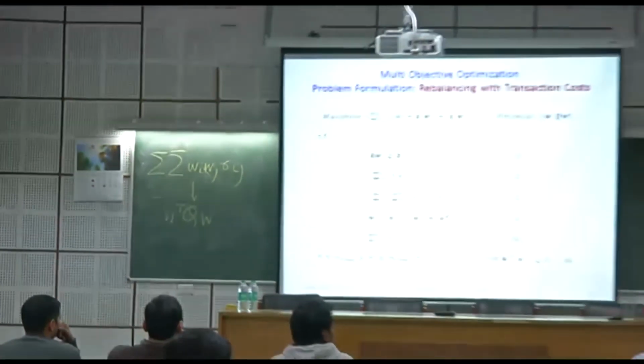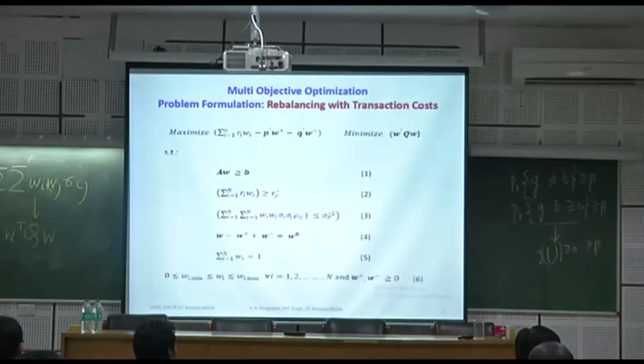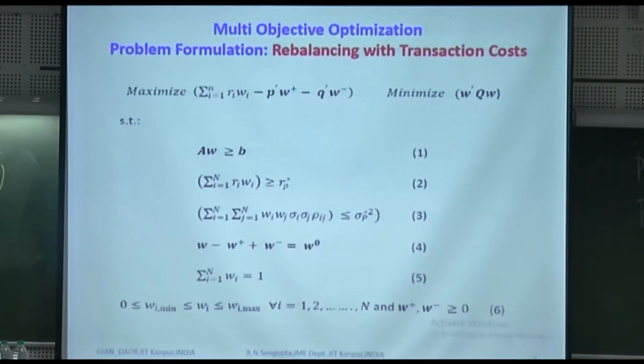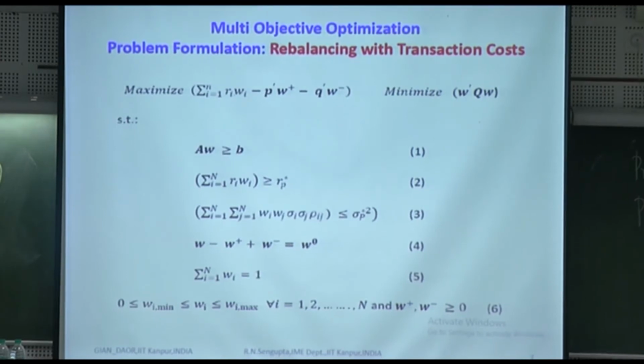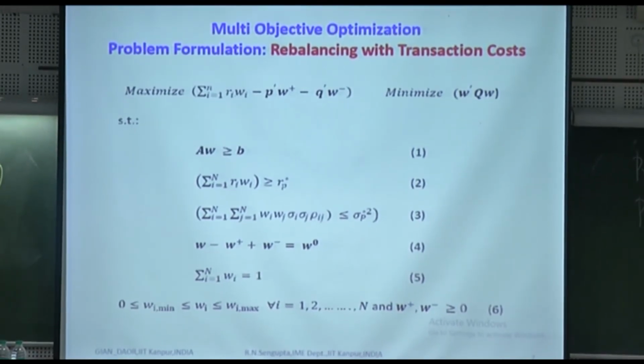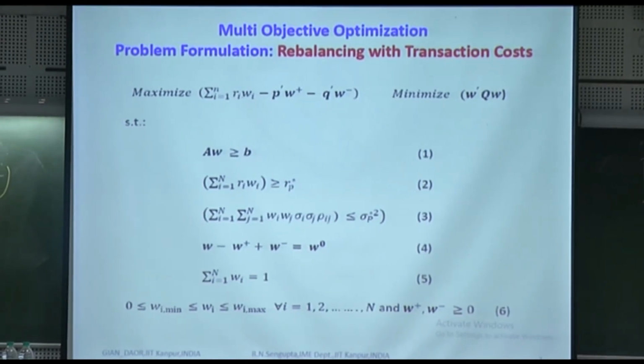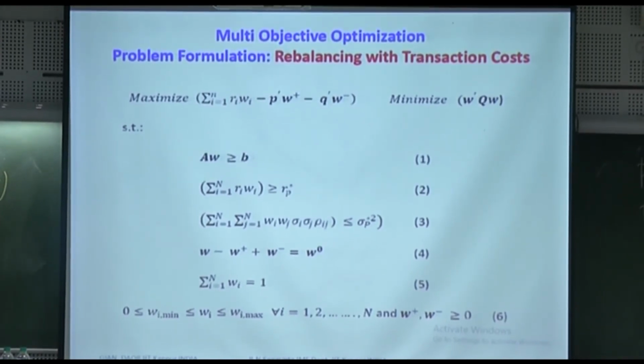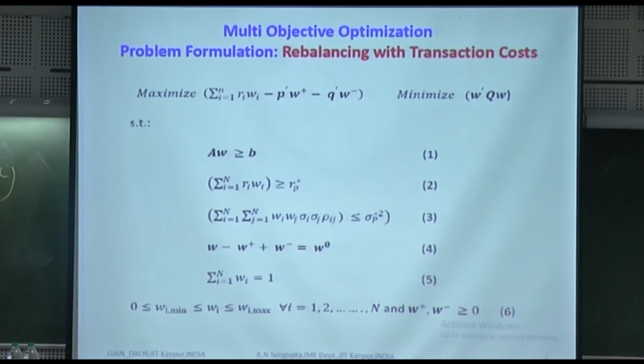Now the first optimization problem is very simple. It's basically a simple input-output value, a flow diagram. So if you consider initially RIWI is the return of the portfolio, and if the stocks you sell, the percentage sold is given by, and it is negative for both because for both selling and buying you have to pay some money. You cannot avoid the brokerage cost. So P transpose W plus and Q transpose W minus are the prices which you pay for buying and the prices which you pay for selling.